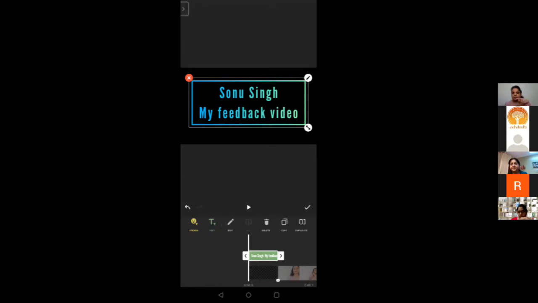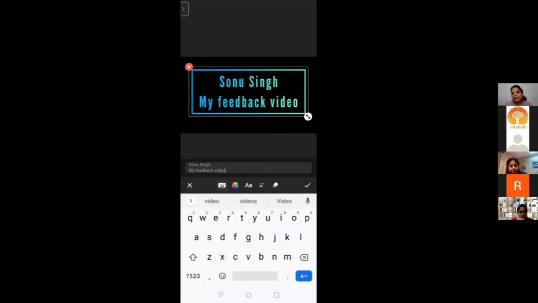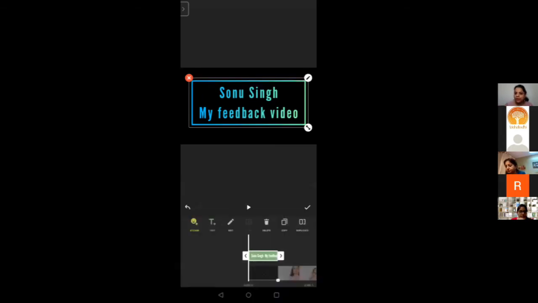Now see, this window is still in the text option. If I have closed this and need to edit this text again, can you see a sticker, a text, and the rest of the options are blank because I have deselected the option. So I go to that green strip, you click on it, and you will see your edit option appear. If you have made a spelling mistake or anything, it can be done. It's not that once done it cannot be changed. You can do it.